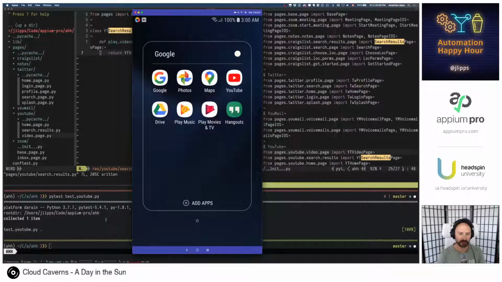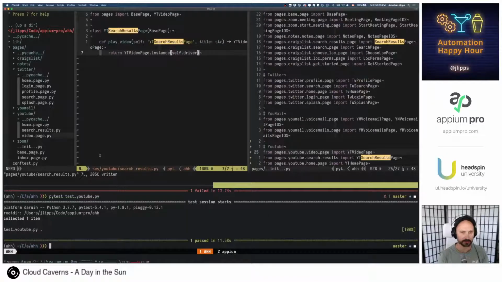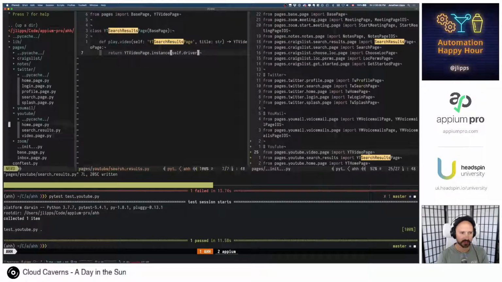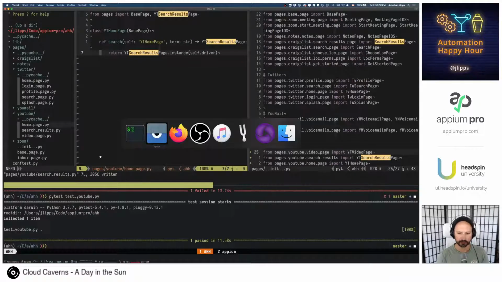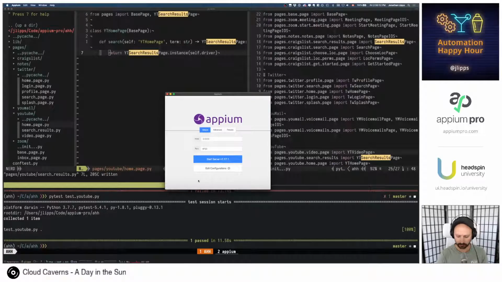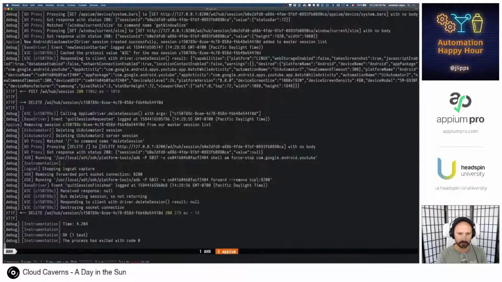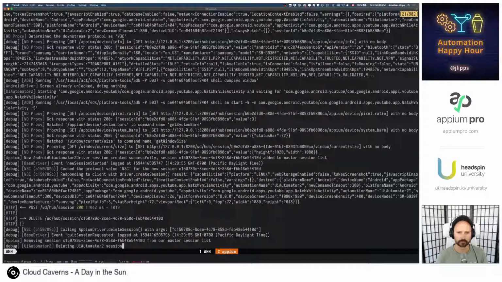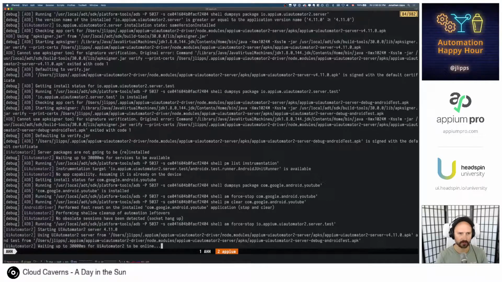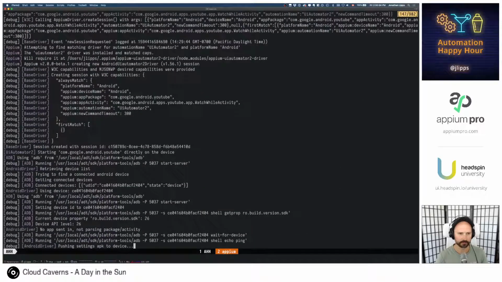Sweet. So we walked through our entire test flow. Now we just need to fill it out. So to do that, let's use Appium Desktop for help. I'm going to start a session on this. And I'm going to pull capabilities. Oh, this is annoying.